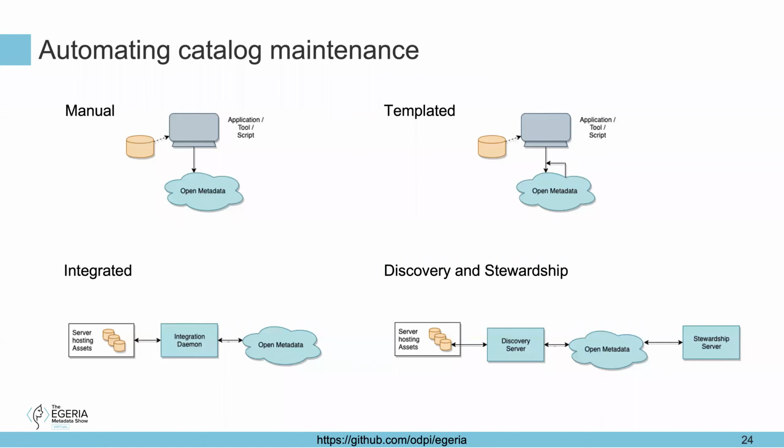So if the server is, say, a database server, through this process we can pull the fact that a new schema has been added to the database, or a table's been added, or a column's been deleted, and we can maintain that, what we call technical metadata, through the integration daemon. So we can capture everything that's available, but only what is available in the server itself. So that's integrated. And then the final one is discovery and stewardship, and this is where different types of analysis